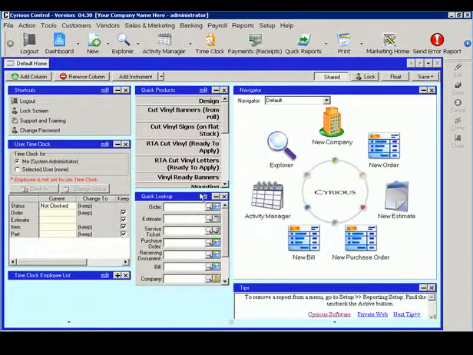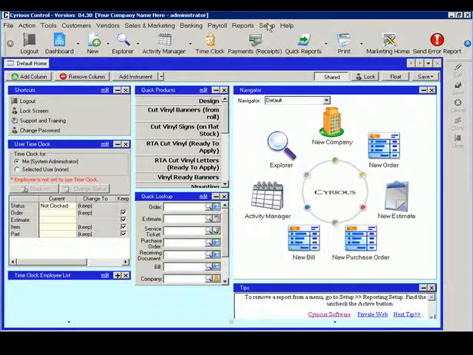Before we go over how to receive materials in Control, we want to make sure of two things. One, that purchase orders, receiving documents, and bills are enabled, as well as that we have our parts tracking inventory. So to do the first one, to make sure that the purchase orders, receiving documents, and bills are enabled, we